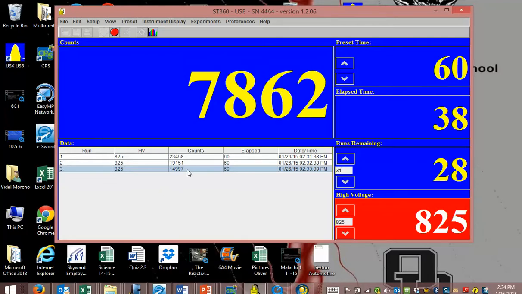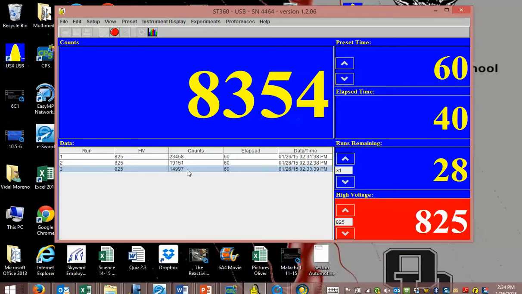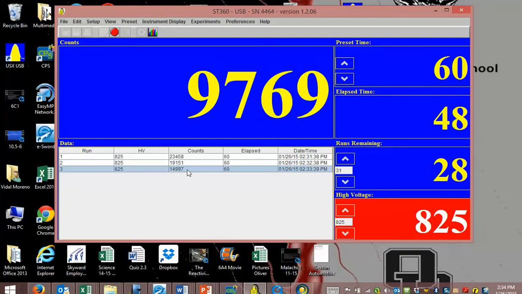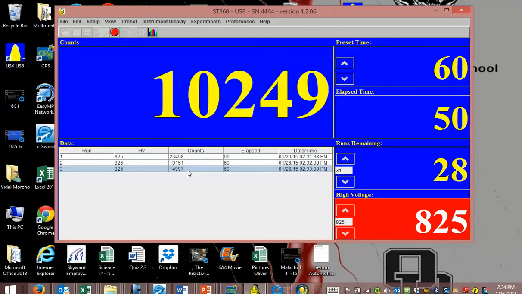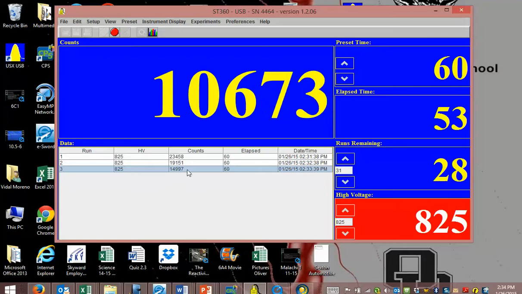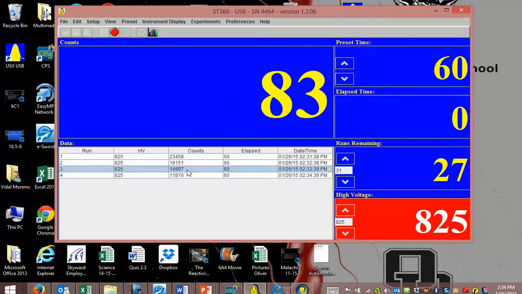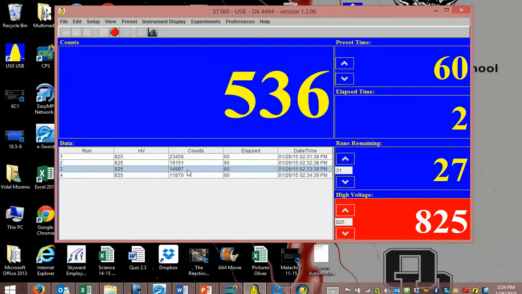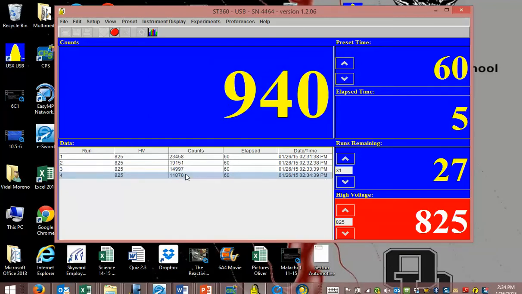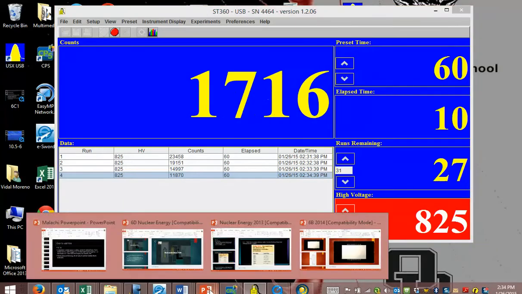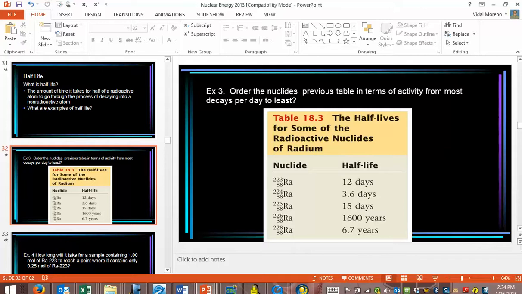So is our graph comparing the counts per row? Yes. The time is going by. We're controlling time. We're going to make it go 30 minutes. We're controlling the time. And what we cannot control is how many decays happen. So what goes on the x-axis? Time. And what goes on the y-axis? Counts per minute. The counts per minute. Here's another one. 11,870. All right, we'll come back to that.